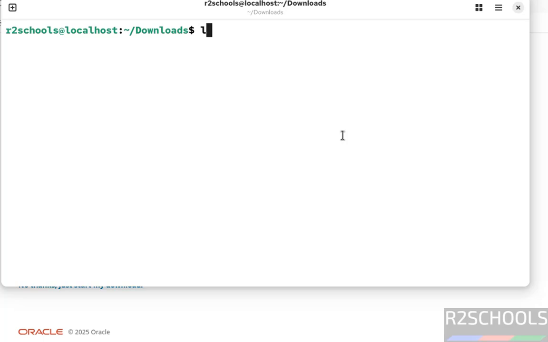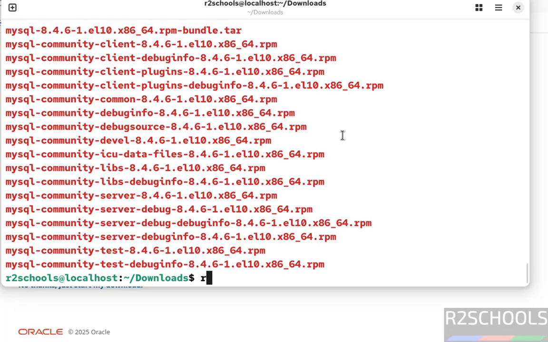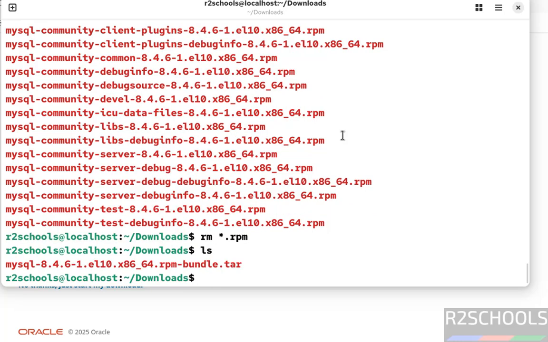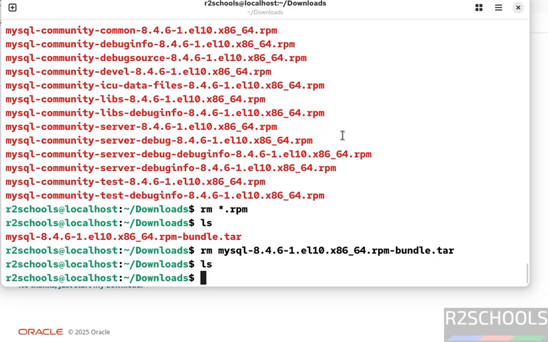Okay, ls. These files are not required anymore, so remove them. rm *.rpm. ls. See, here we have one more file, remove it. rm mysql, press Tab. ls. We have cleared the space. So in this video we have seen how to download, install and configure MySQL server